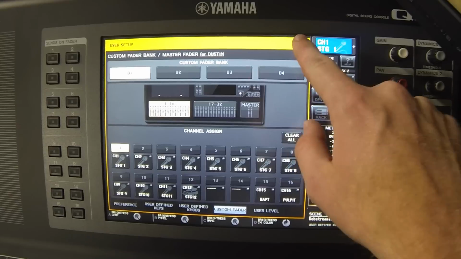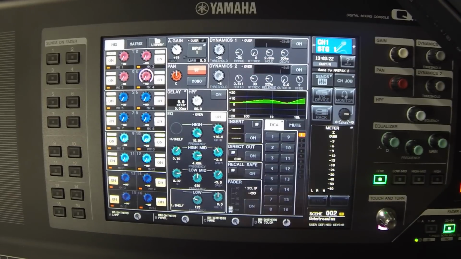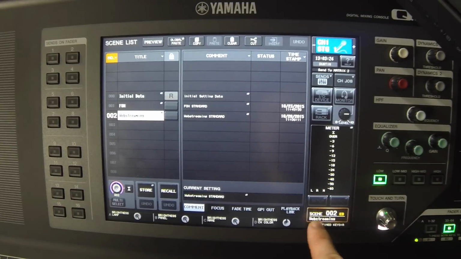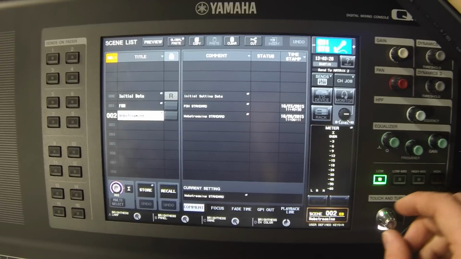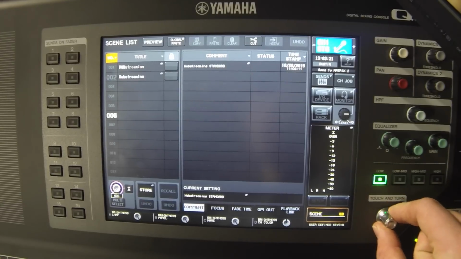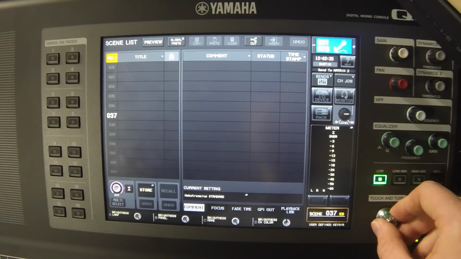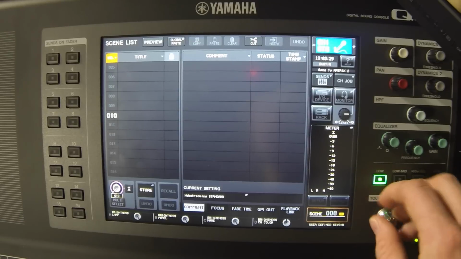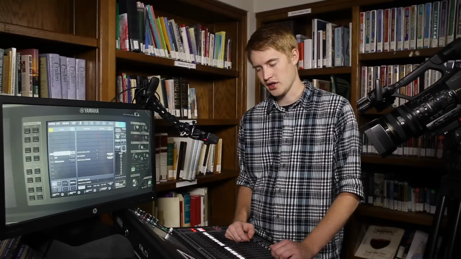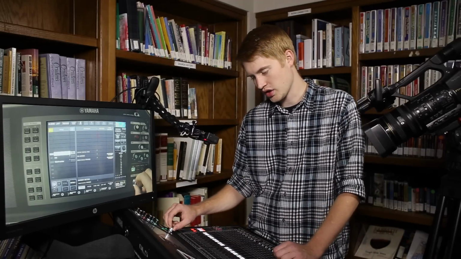Okay, next thing I will show you is your scene settings, or how to open a scene. Basically, you click this button here, and this shows a list of scenes. You scroll through them by using this knob, which is selecting that multi-select button. So right here I have, I think if I remember correctly, there's either 300 or 400 scenes you can have, which you're probably never going to use that many, because you can go through and just delete them. It's not like you're going to have 400 different settings, but